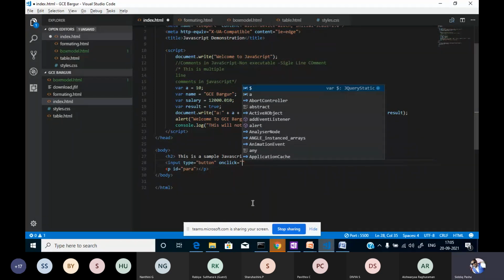See, what I'll do is I'll access this paragraph. I want to access this paragraph. I want to use this paragraph whose ID is para. So I will access this. Okay, I will access this. I'll access over here using this document